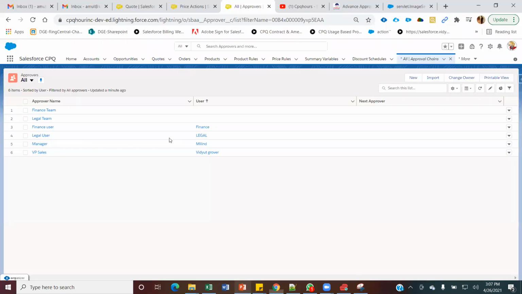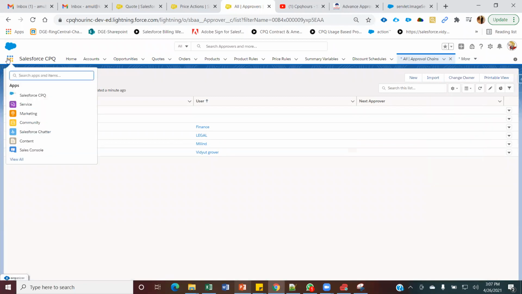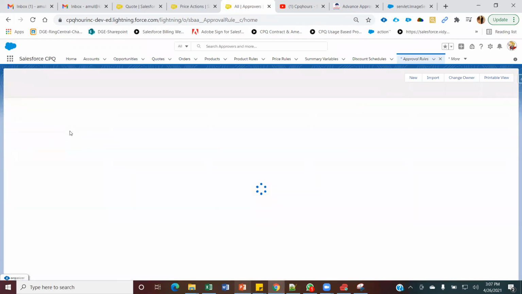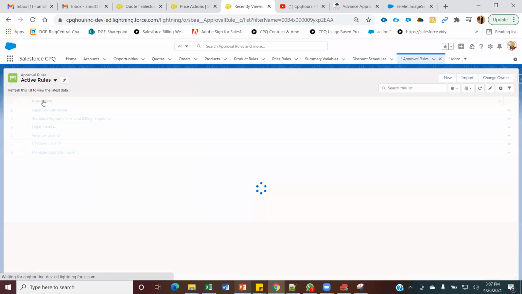So let's navigate to my approval rule here first in a tab. Let me open the approval level first, the manager approval that I have created.